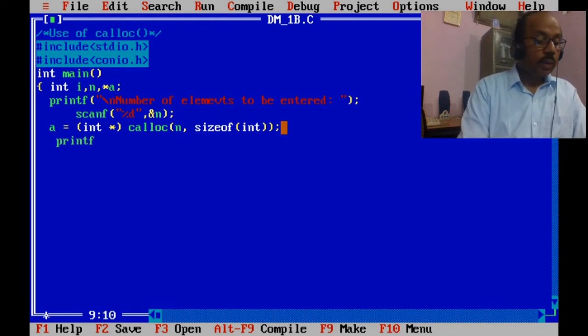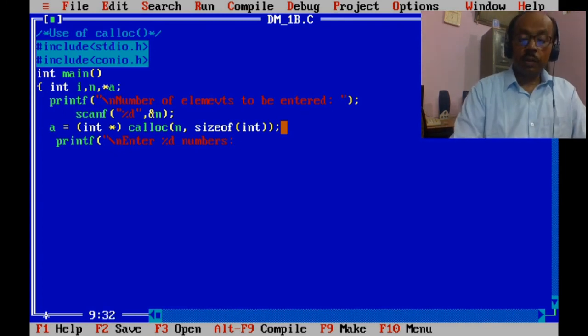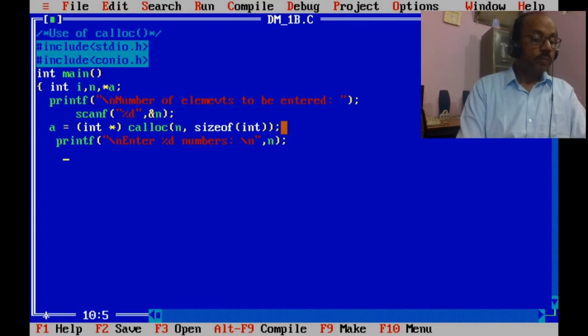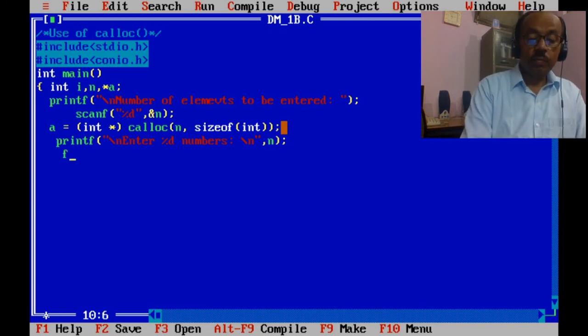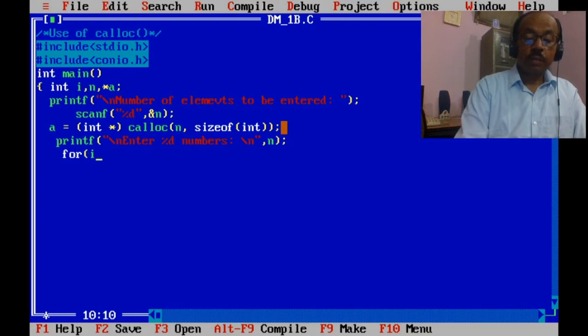Alright. Now printf "enter %d numbers", and that is n. So enter n numbers. Now we will start a loop: for i is equal to 1, i less than or equal to n, i plus plus.